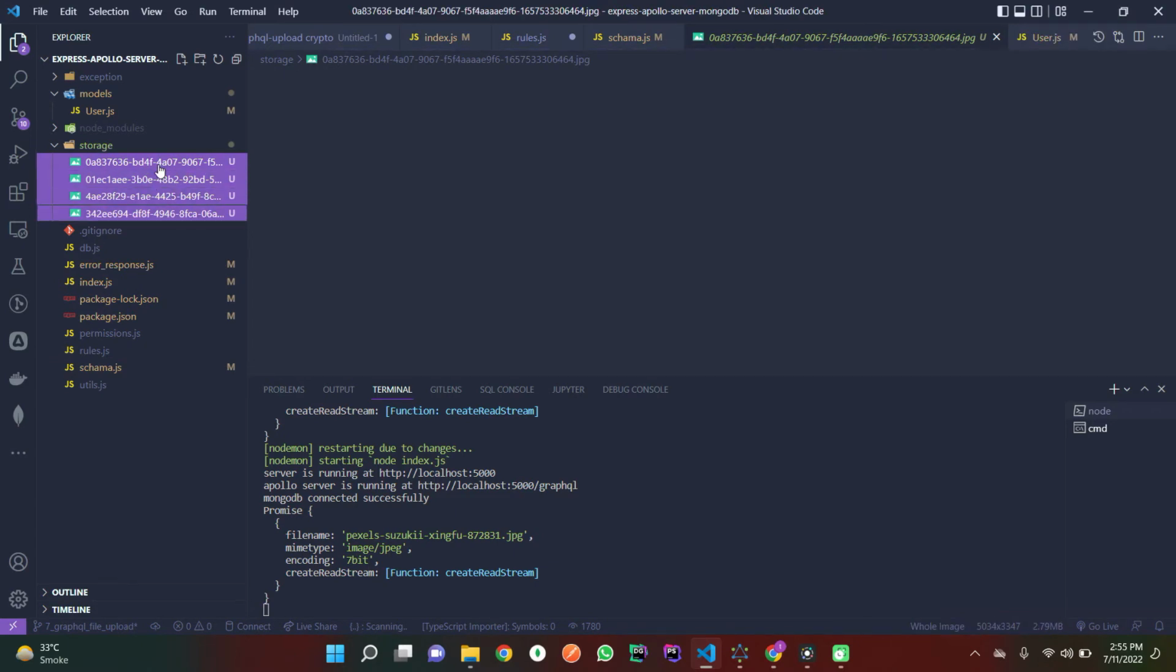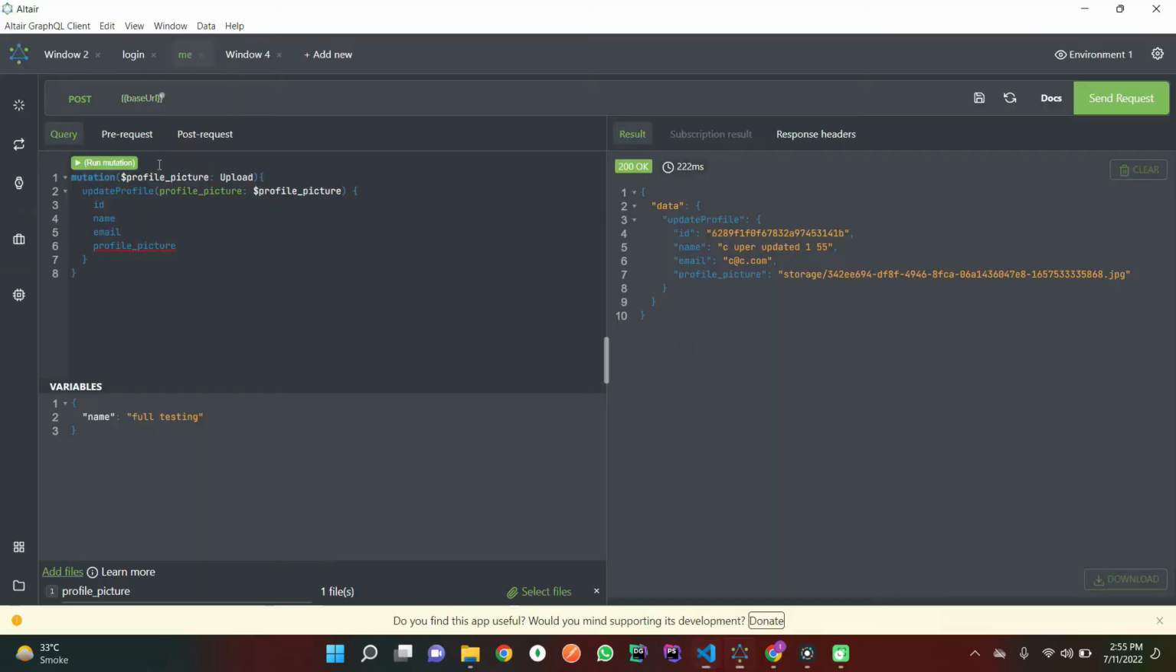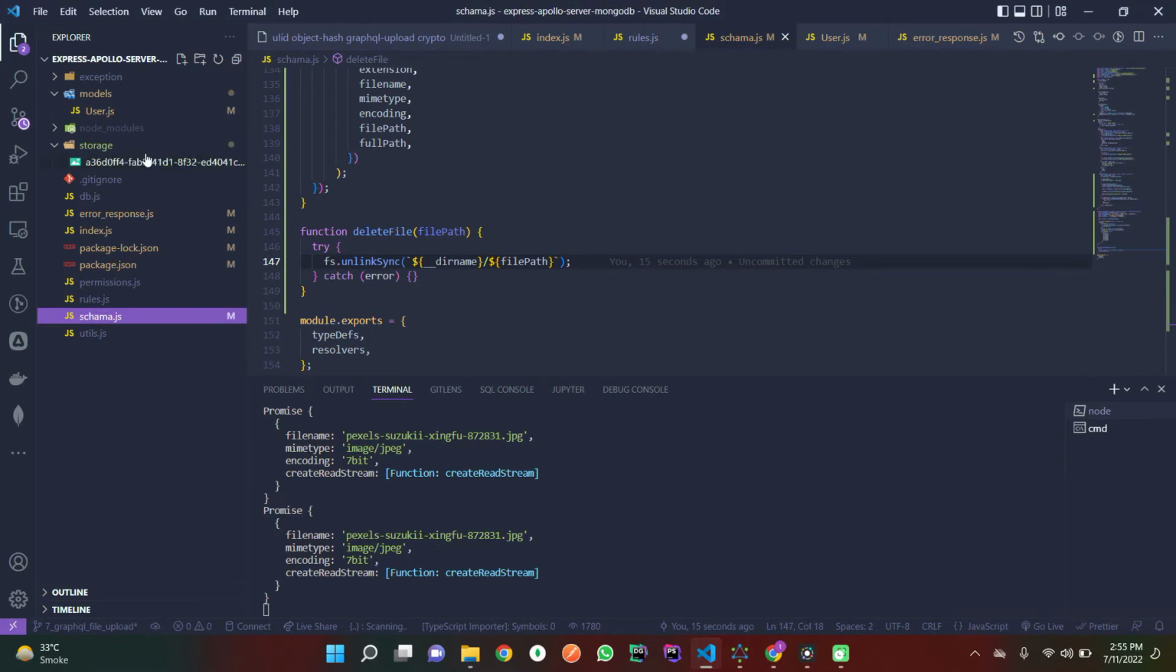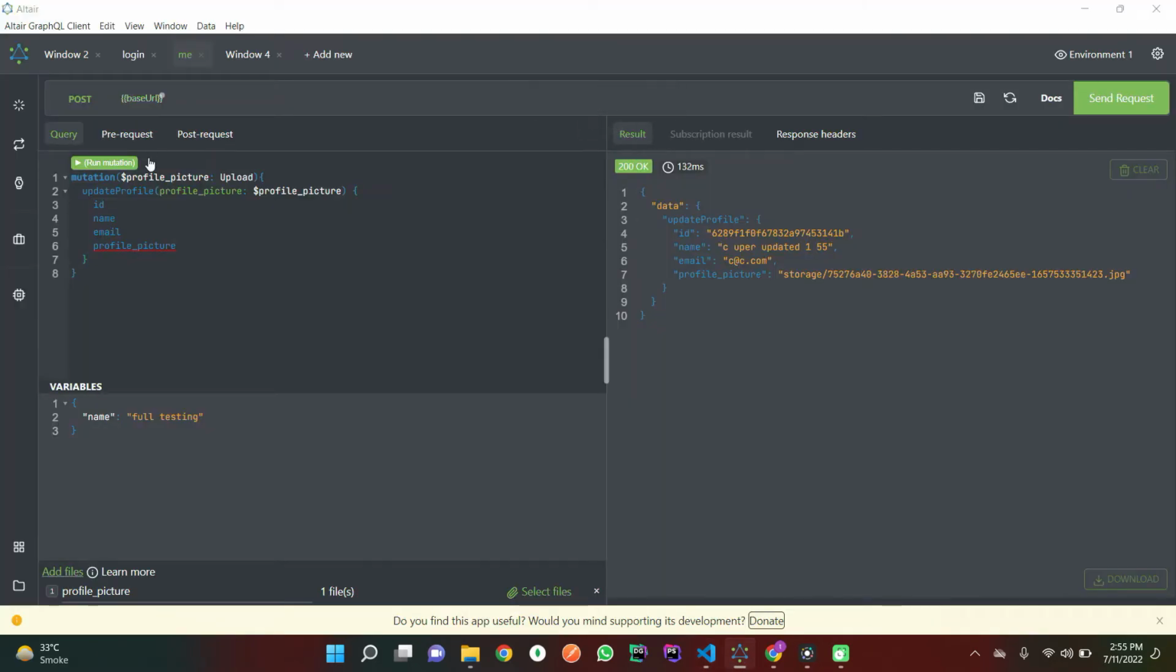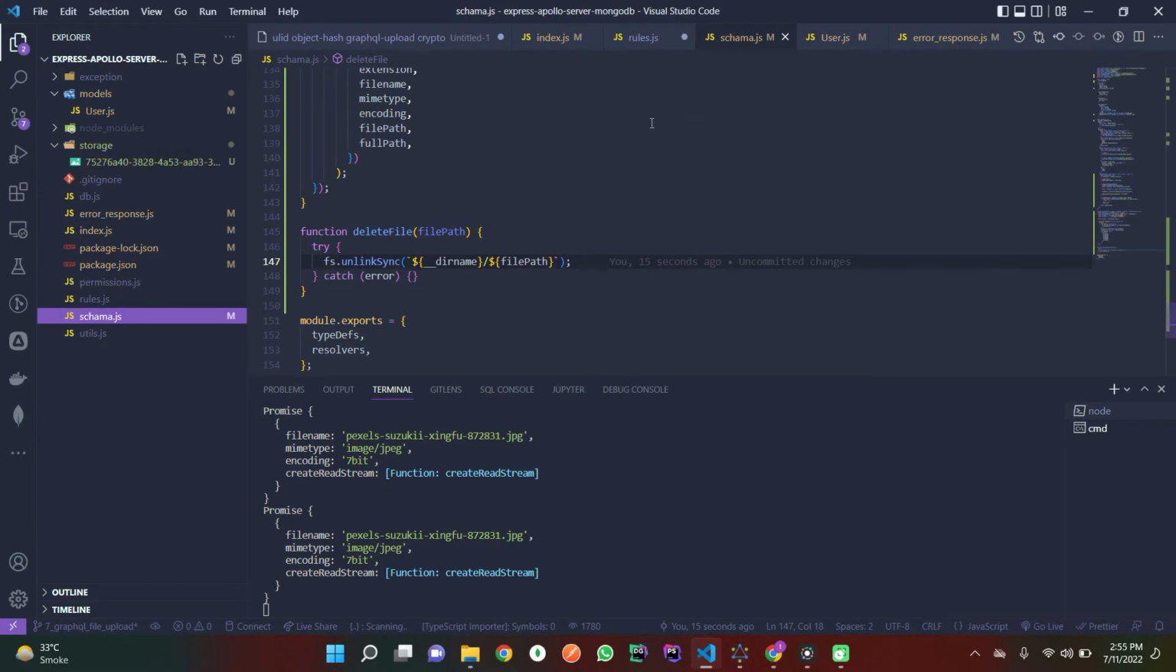Now I am going to delete all these files and continue from the start. Okay, now it has uploaded the one file. If we click again, then it is changing the older one, so it is not duplicating the files. Okay, so now